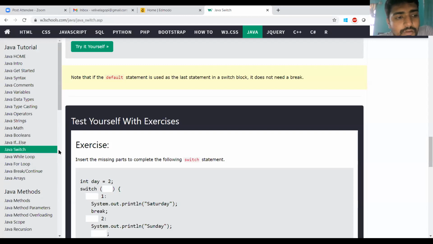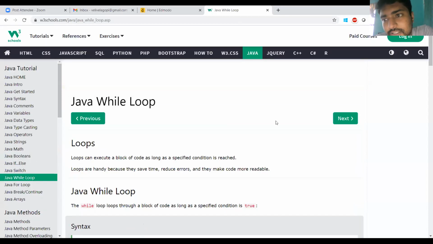Then let us move to the iterative statements. Selection statement means you have to select one statement among the options. Iterative statements means the control has to iterate. That means the control has to repeat the execution a number of times. If the name has to be printed 5 times, the same thing has to be repeated 5 times. The same thing has to be repeated n number of times. That type of statements are called iterative statements.